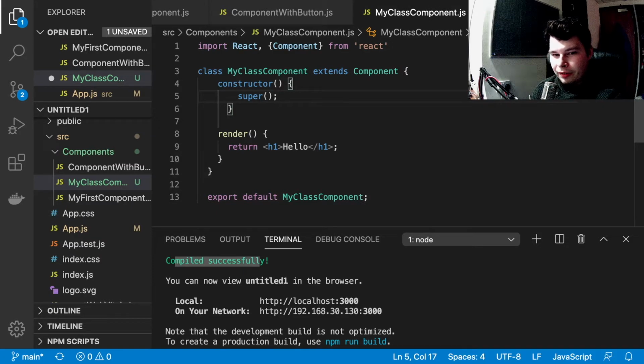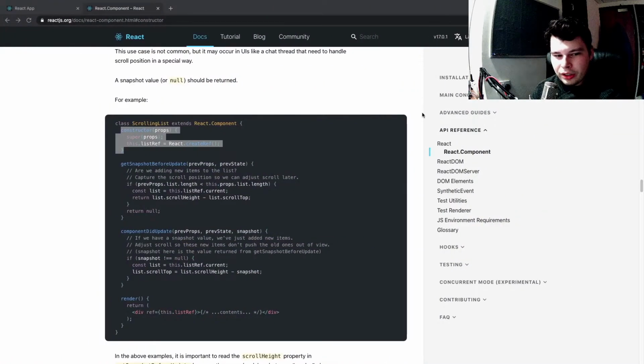So again, if you want to go back to the documentation, you could go and read a little bit about it or whatever. I'm just telling you this is how you could go about it if you're on your own and you're trying to figure things out. Go to the documentation, read a little bit about it, and then it gets to a stage where you kind of know how it all works, but you forget the syntax, so you don't know what it looks like. So you'll go to the React documentation, you'll see an example, and you'll be like, oh yeah,